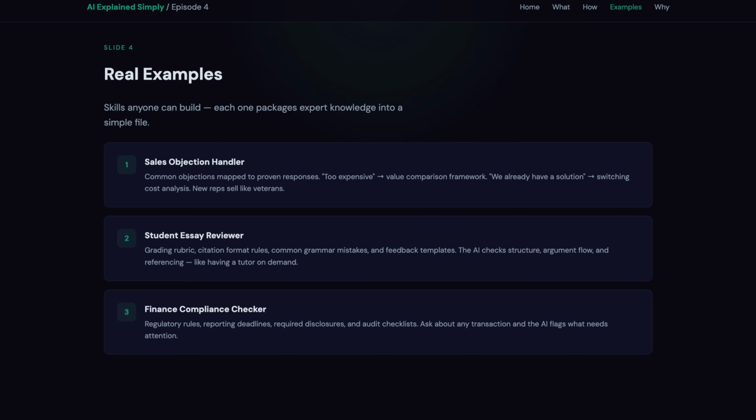Another example could be a student essay reviewer. A teacher could write down how they grade, citation format rules, common mistakes, and every time a student submits their essay, the AI checks the structure, the argument flow, referencing, and grammar, and it gives you feedback just like a tutor would: specific, constructive, and instant. Third, a finance compliance checker. An accountant writes a skill with rules, reporting deadlines, required disclosures, audits, and a bunch of other stuff, right? Ask about any transaction and the AI flags what needs attention. No more flipping through regulation documents. Each of these skills probably takes about an hour to write, but they save hundreds of hours for the people